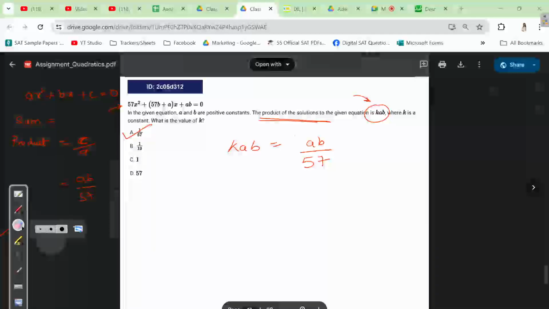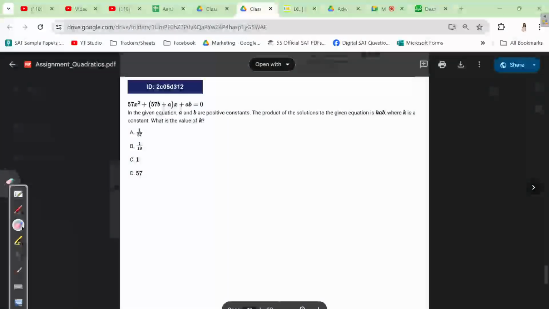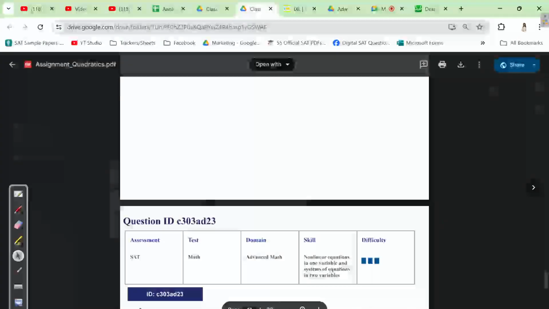And this concept is becoming increasingly popular on SAT, Anishka, sum and product of roots questions like these. So all you should know is the formula. Sum of the solutions is given by negative b over a. So here b is all of this, and product is given by c over a. Just these two formulas will solve the question. Okay, next,